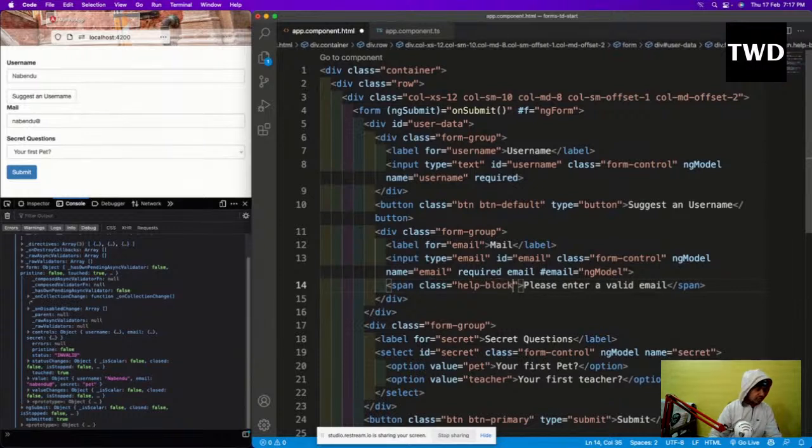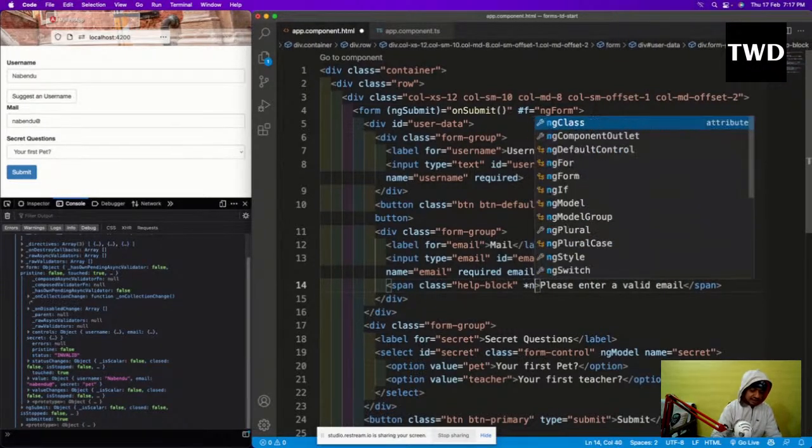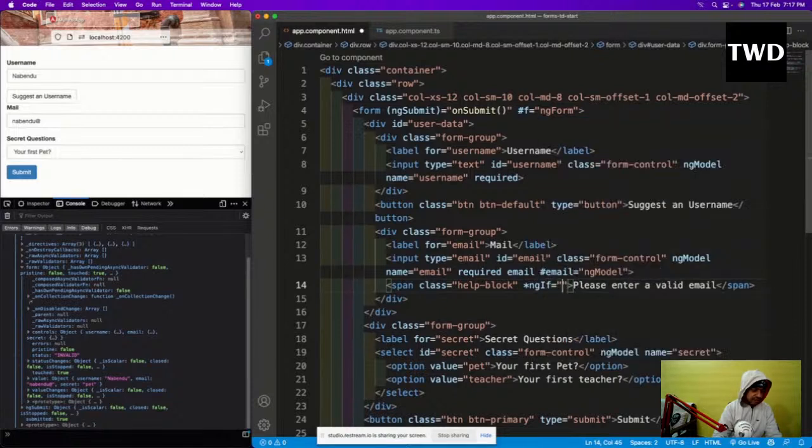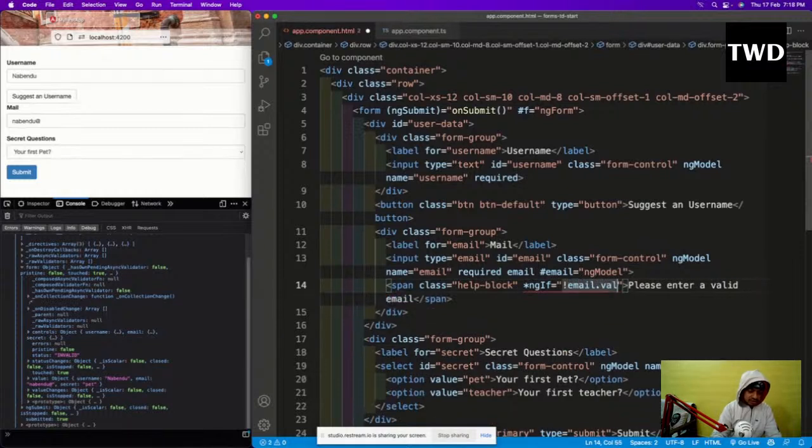We're giving this because we're going to style it soon. Okay, help-block I have given, and then *ngIf equal to not of email.valid and